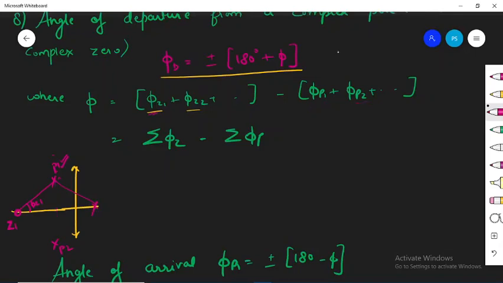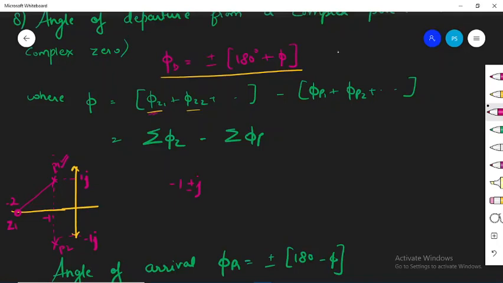Okay, so here we can easily see, suppose I take some values so it becomes clear. Suppose these complex poles are located at, if this is -1, let me take this as 1j and this as -1j. So we have complex poles lying at -1 plus minus j. And then we have a zero over here. Let me take the location of the zero as -2. So I've got a real zero over here whose value is -2.